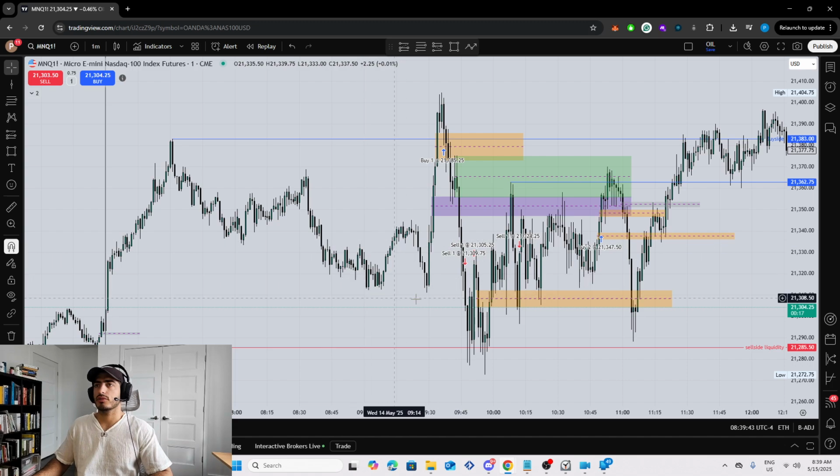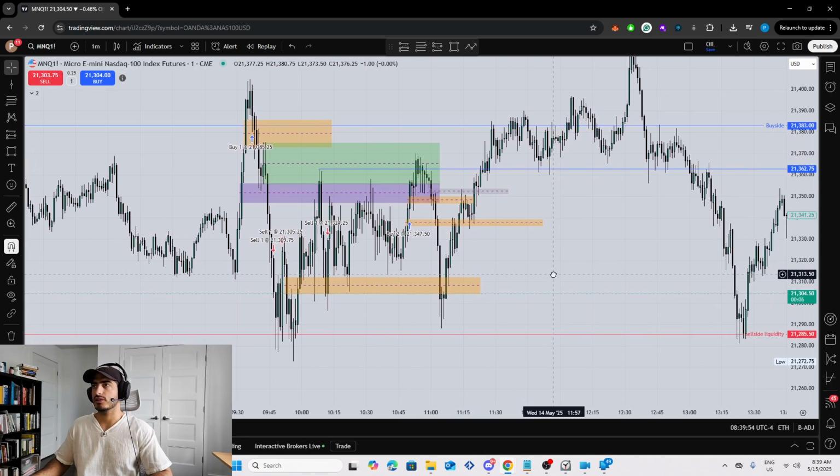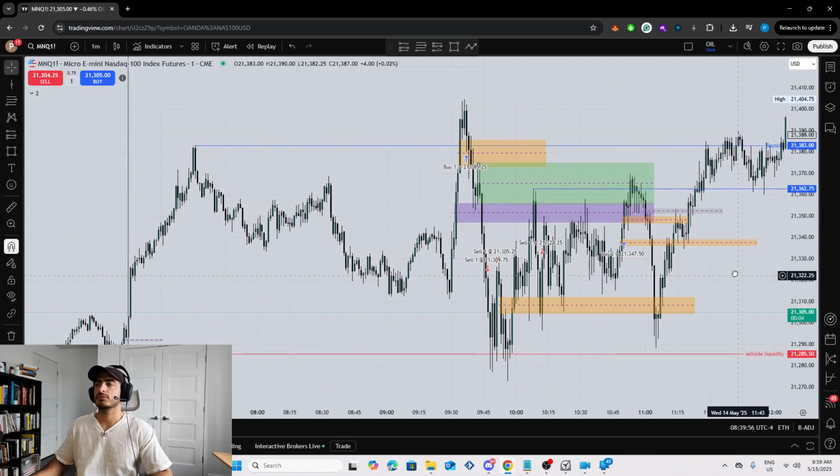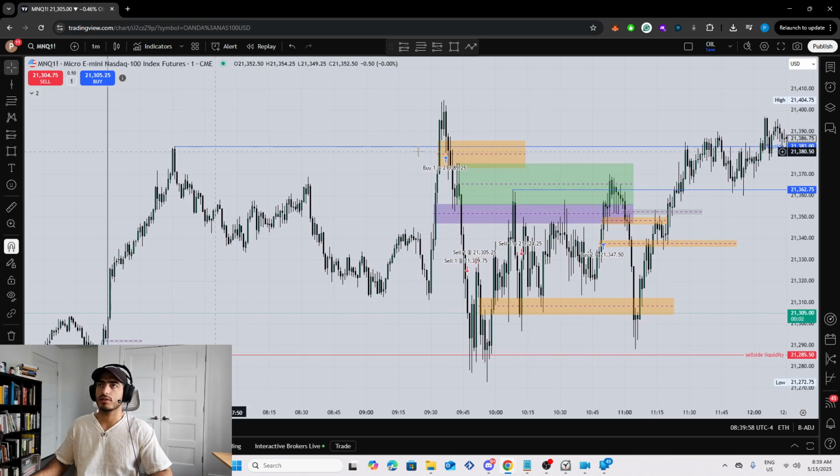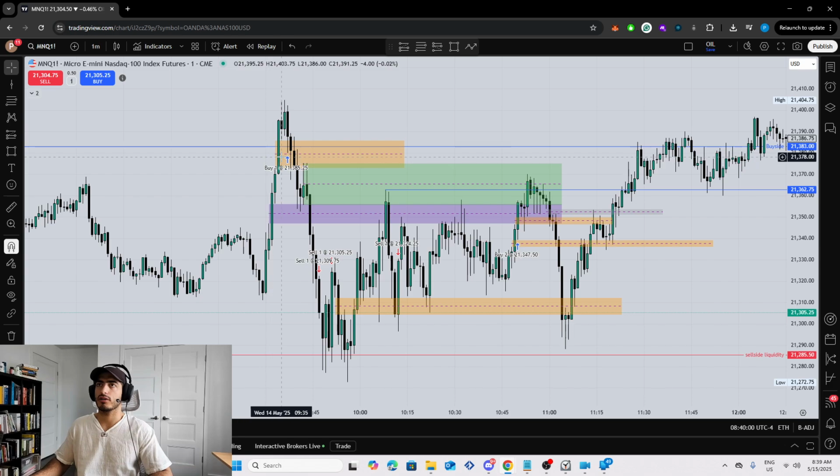Right at the open, we left relative equal lows. We came and took the buy side as a sweep, and then we came right back down and then consolidated for the rest of the morning session. So what happened was it swept over here. I got in on this first presented